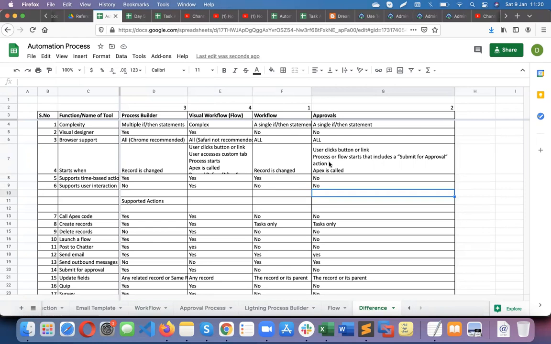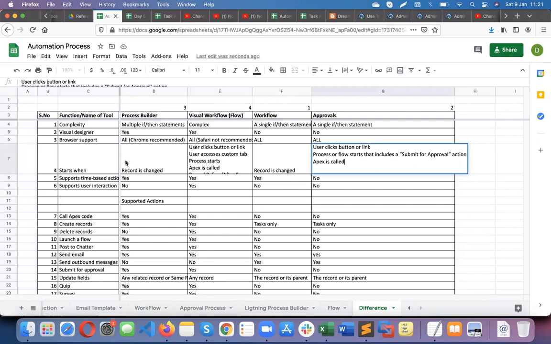That is the meaning of this. So when a process or flow starts, it can include submit for approval actions. Submit for approval actions are available on process builder and flows, so you can use them to call the approval process.